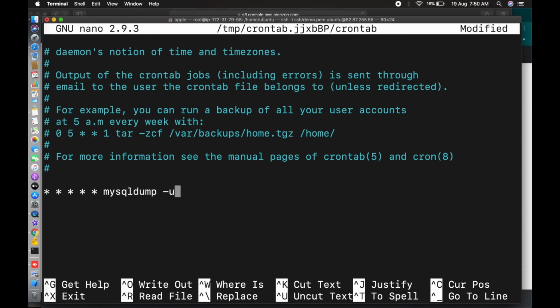So mysqldump. The first one is the user, -u. My user is root here. While you're taking a backup, use the root user because it's internal. Then -p and your password, my password is demo@123.